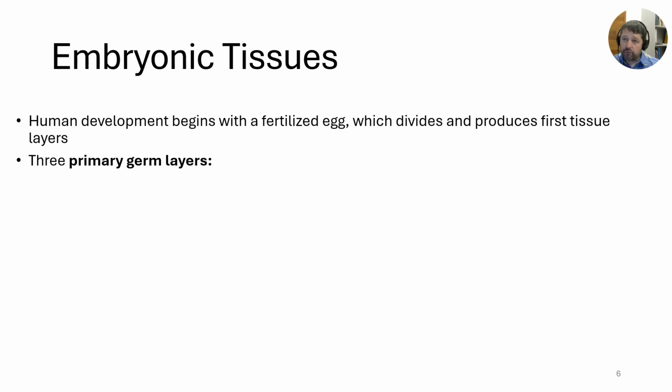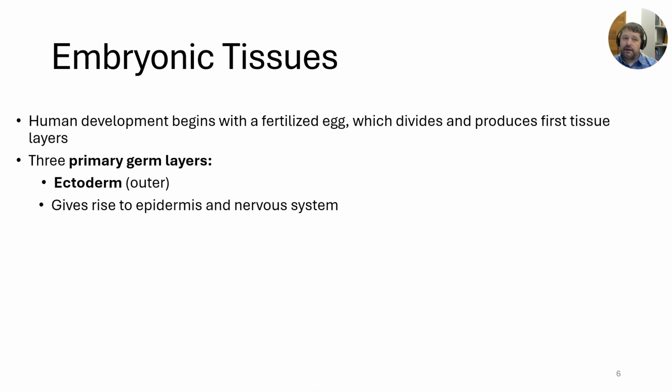Where does all this come from? Well, we have to talk about embryonic development. When the human egg is fertilized, that zygote starts to divide, and it starts to produce its first tissue layers. There are three germ layers, which is why we're called triploblastic, or three tissue layers. We have an ectoderm, an outer layer, and that gives rise to the epidermis. So that outer layer, your skin, and even internally,